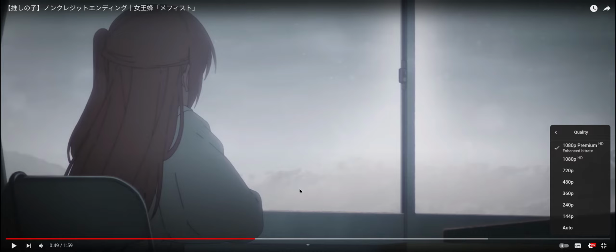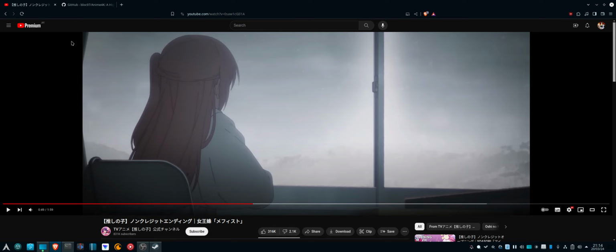And the reason why it's 1080p is because every single episode of Oshinoko is rendered at 1080p. So when they took this ED, really all they did was just crop. Well, actually, they might not have even cropped it. They might have legitimately just used the footage that was exported for every episode of Oshinoko, but the actual resolution of the footage isn't